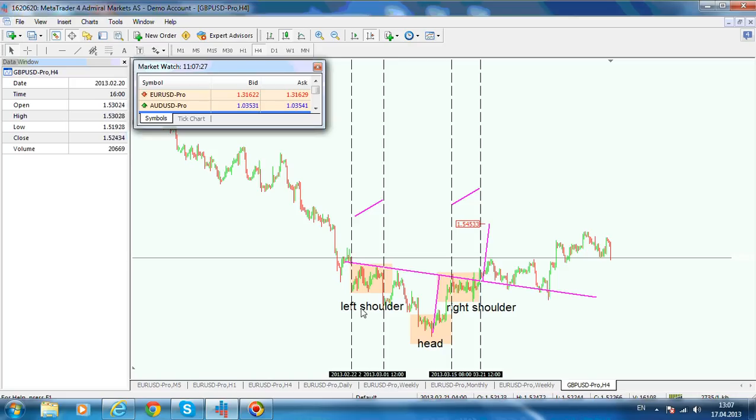So look for all these elements. The more the left and the right shoulder resemble, the more powerful the pattern. The higher the time frame, the more powerful the pattern. Now this is a 4-hour chart